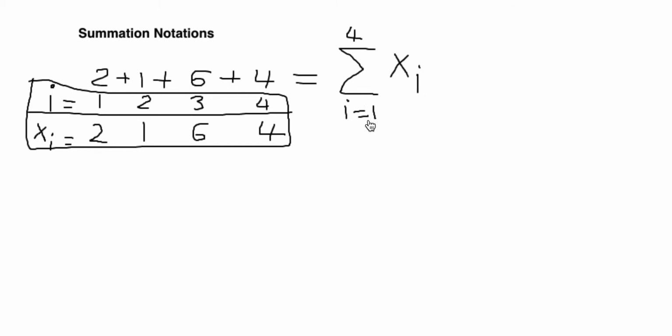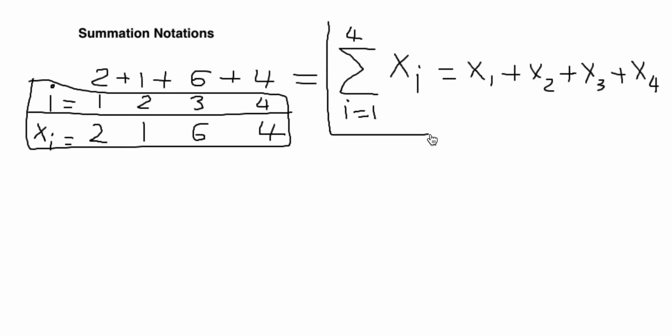So x sub i now, where i runs from 1 to 4, well, we can rewrite this as x sub 1, plus x sub 2, plus x sub 3, and then the last one, so remember this i goes up to 4, so we stop at x sub 4. Now the values here of the unknown variable x are 2, 1, 6, 4. So once you substitute 2, 1, 6, 4, this notation gives you the sum of the first 4 terms, first, second, third, and fourth,